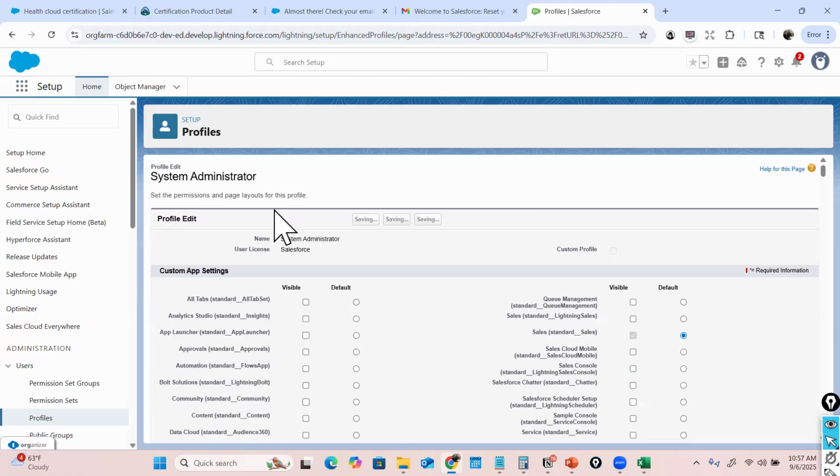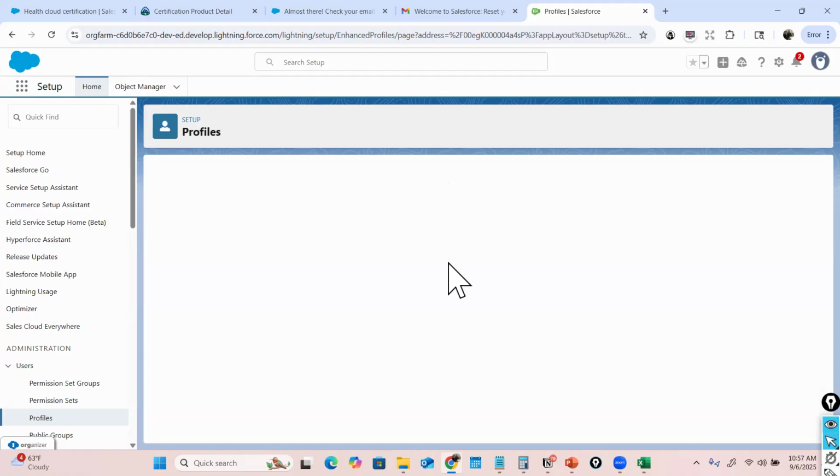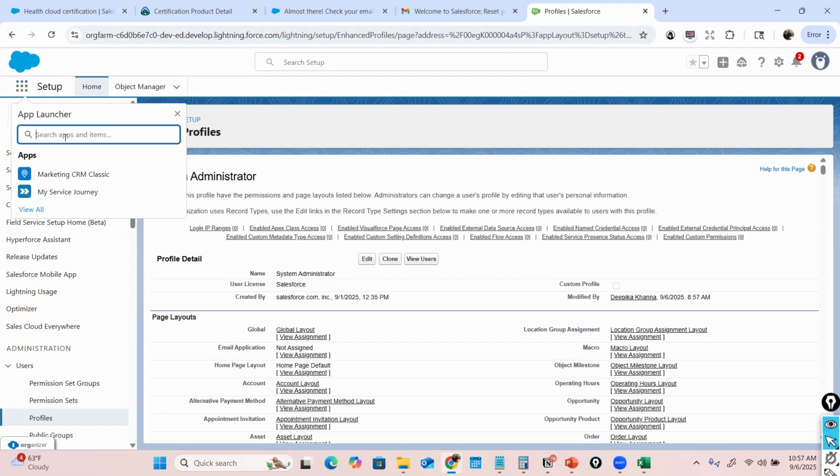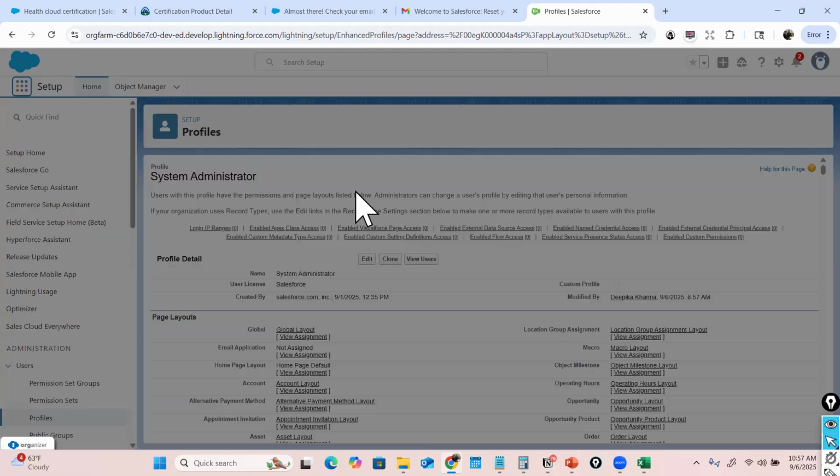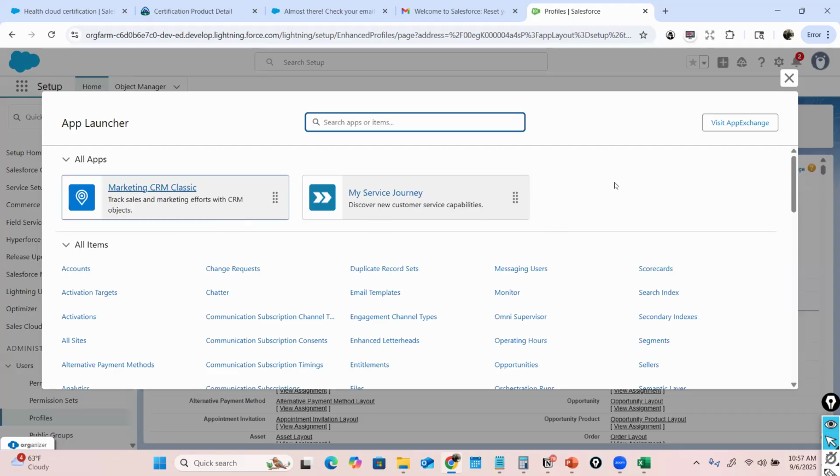save here, and I updated the permissions of the profile. If I go here, I don't see anything anymore. I only see two apps because I took away that access from that profile. Whoever has that profile will not see any of those applications anymore. Okay, so